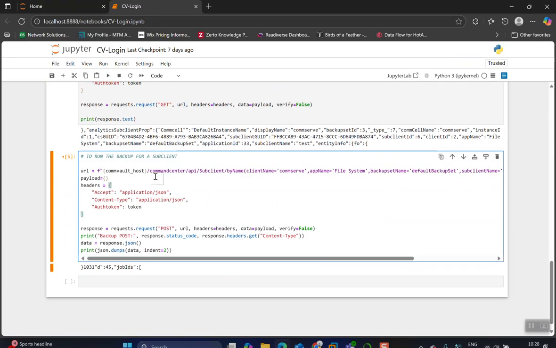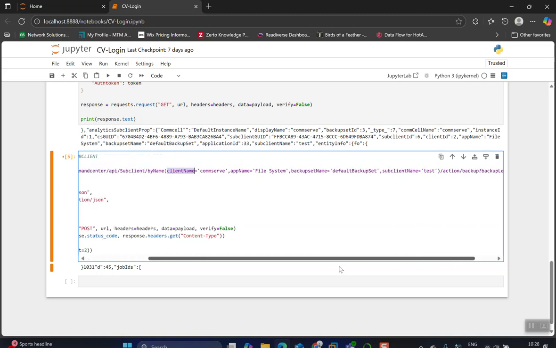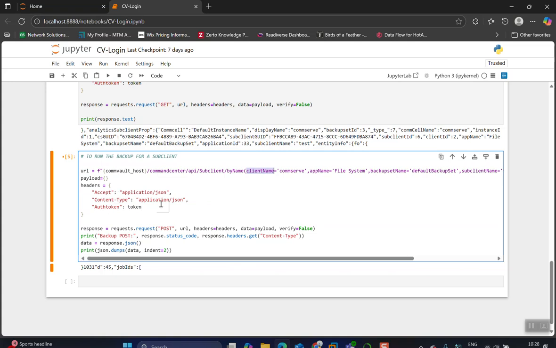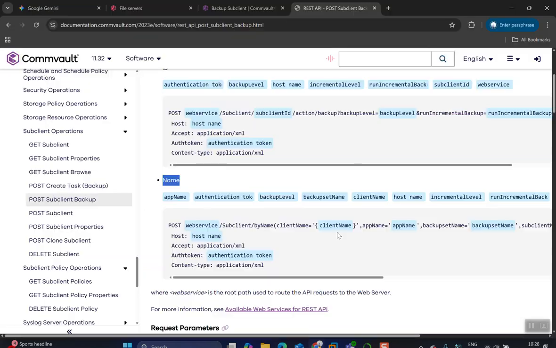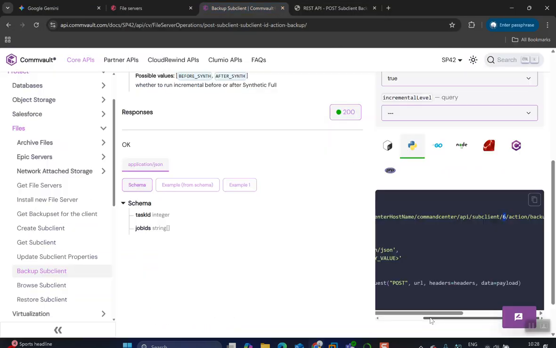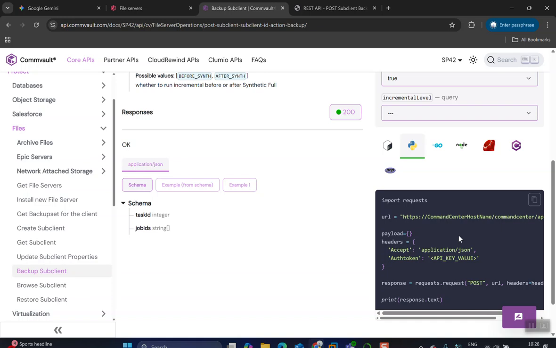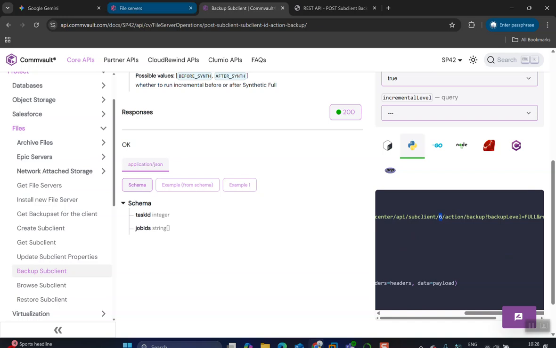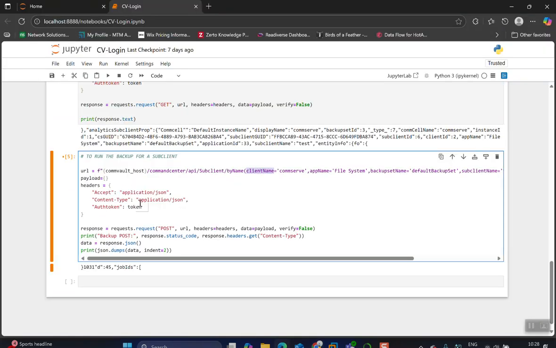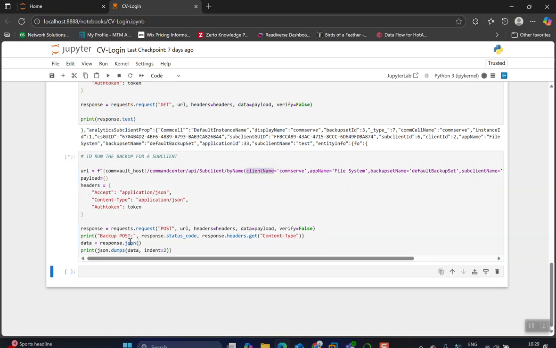So in this way, I have just created the URL on the basis of the client name. You can see that the entire URL is being created. Okay, so now I have just copied this one. Remember that I have again copied this particular one from the core API tab only. The rest of the part I have just kept the same. I have just modified the URL. Now if I say execute, this is going to initiate a backup job